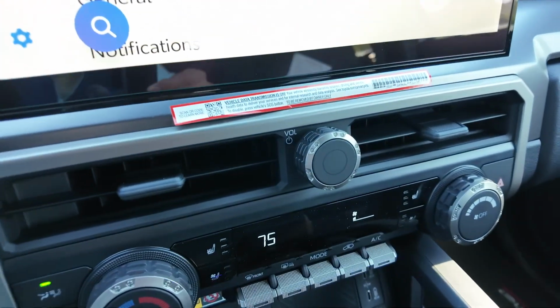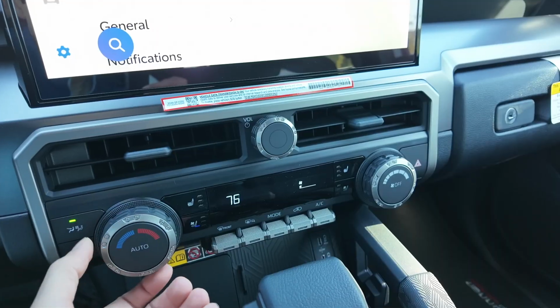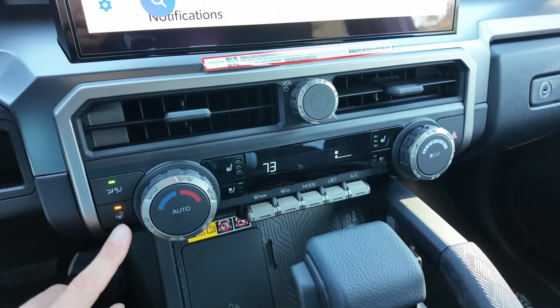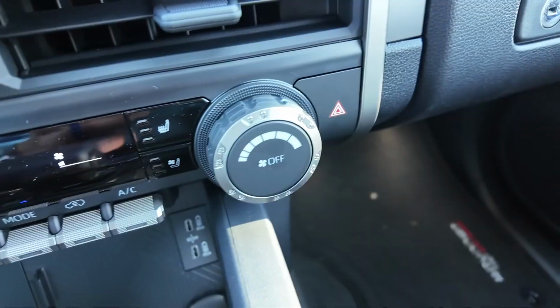And then underneath, you're gonna see your volume. We have two dials for temperature. We have temperature on the left, fan speed on the right, heated and ventilated seating. Very easily you can operate that. A couple different icons, heated steering wheel, and then different zones, defrosters, air conditioning, and then hazards over on the